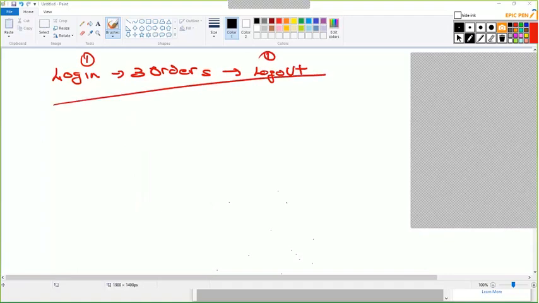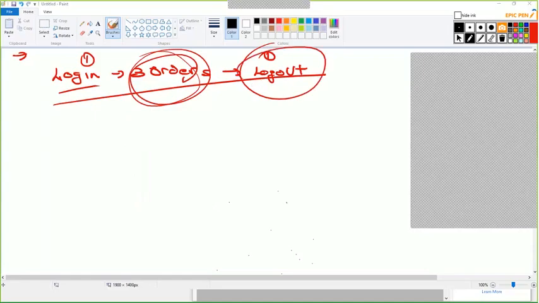Can anyone tell me how I can accomplish this? When I click run, it should log in once, create 3 orders and log out. Can anyone tell me how to accomplish this?